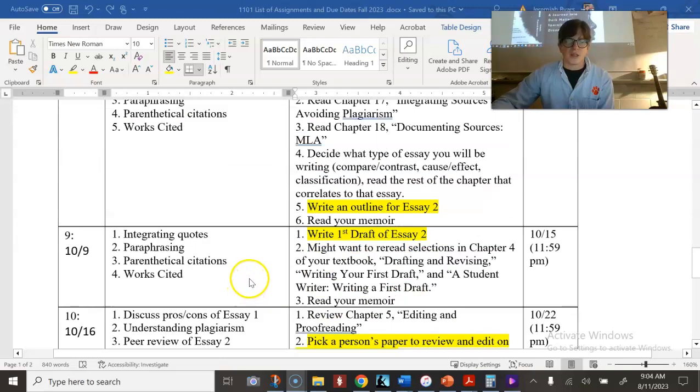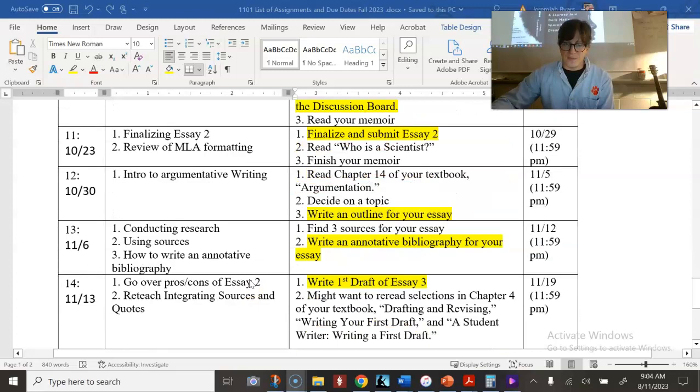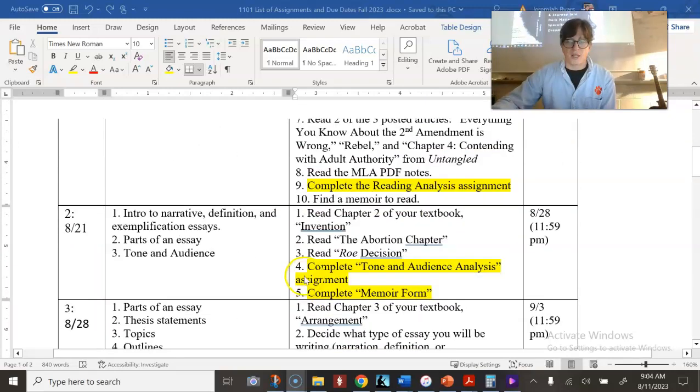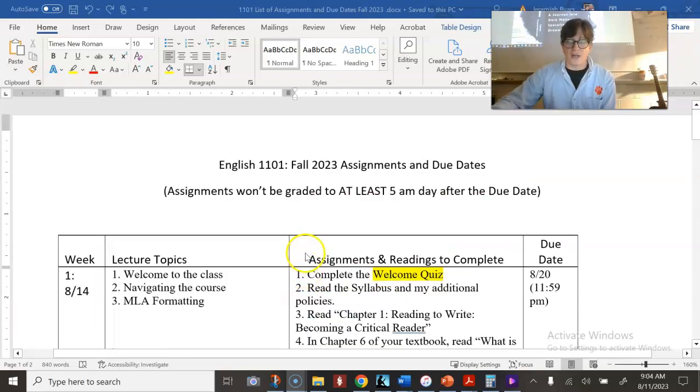But essay 3 is going to be an essay in which you are going to analyze a memoir that you spend all semester reading, okay? A memoir is a nonfiction biography by someone about their own life, okay?